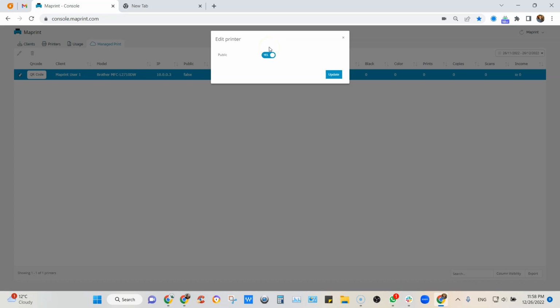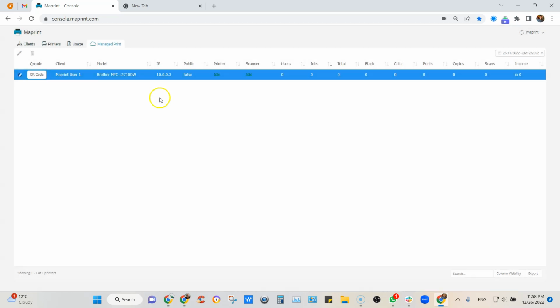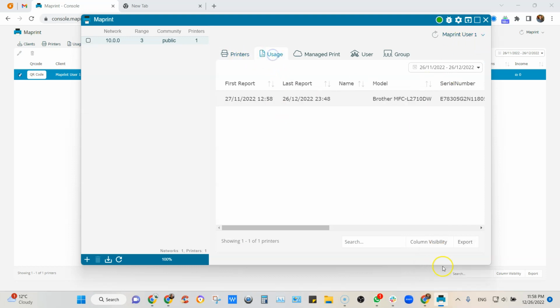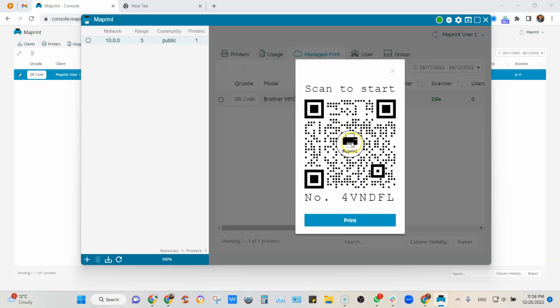Okay, or in a college campus or something like that. So we have all wallets and everything integrated, but for today's video, we're going to leave it on private, and I'm going to update that. And now, if we go back here, we're going to notice that Maprint 1, we have printers, we have usage, they have column visibility, they have export, the exact same functionality as you saw, and they also have managed print. And this QR code, if we scan this right here, okay, well, I'm just going to take this here,